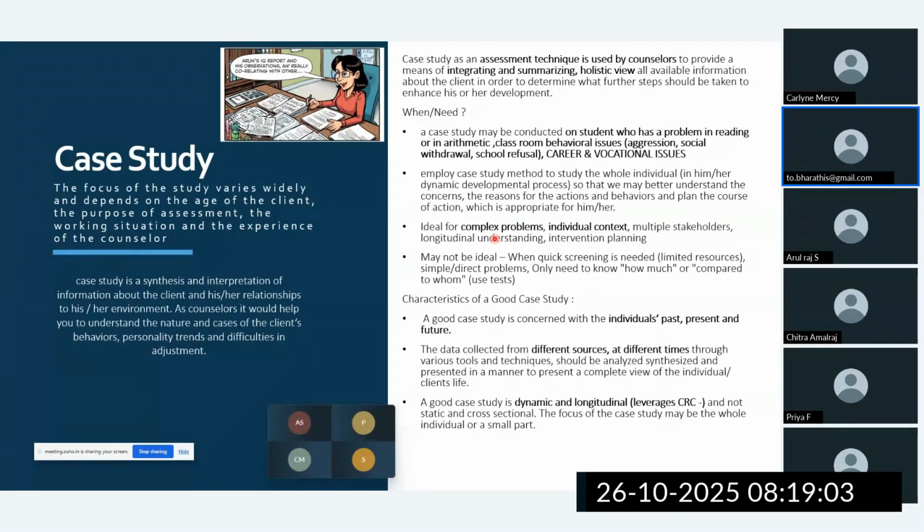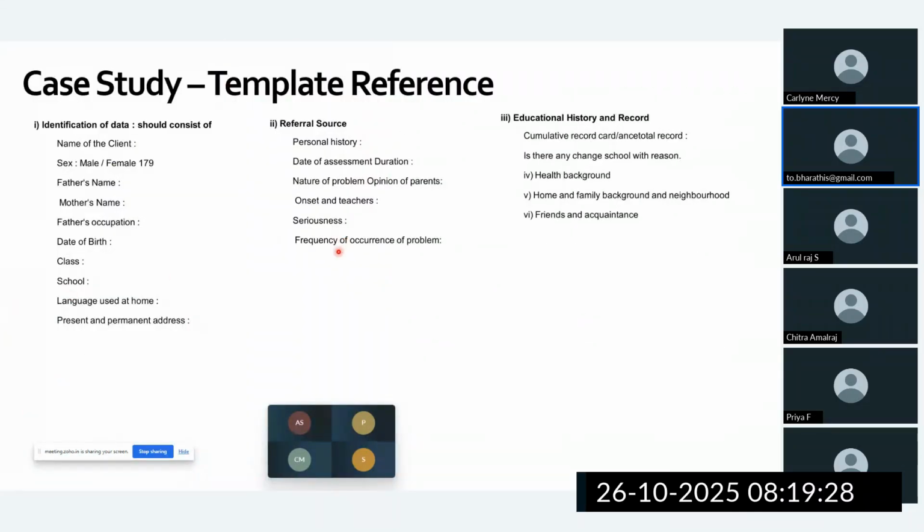A characteristic of the case study, as I said, is that it has to have a longitudinal view. This is where the record which the school maintains, the cumulative record card, can also be used, with different sources and different time periods. And here is a sample case study template which comes from our own book. What is the personal data, who referred this, what is the history, what is the nature of the problem, what is the seriousness, health background, everything. And I will also show